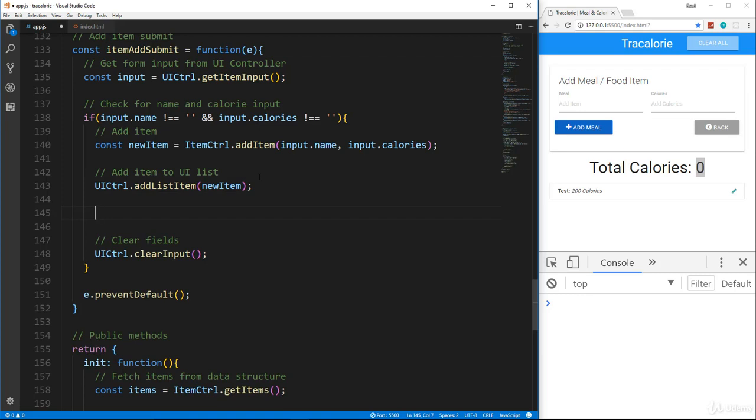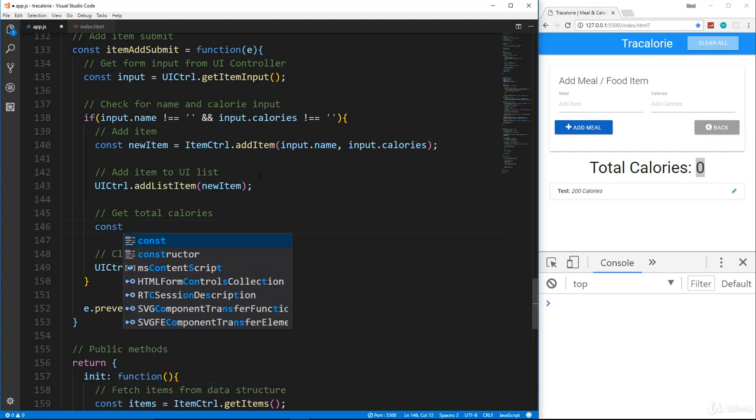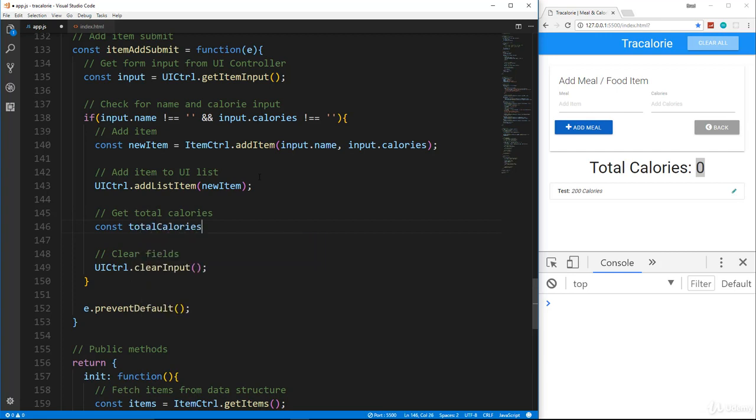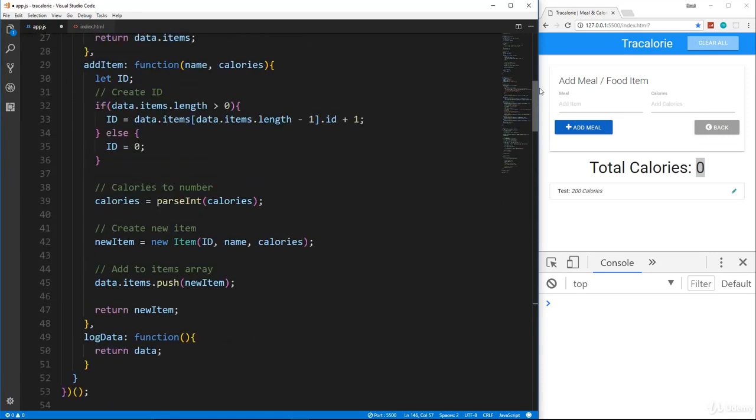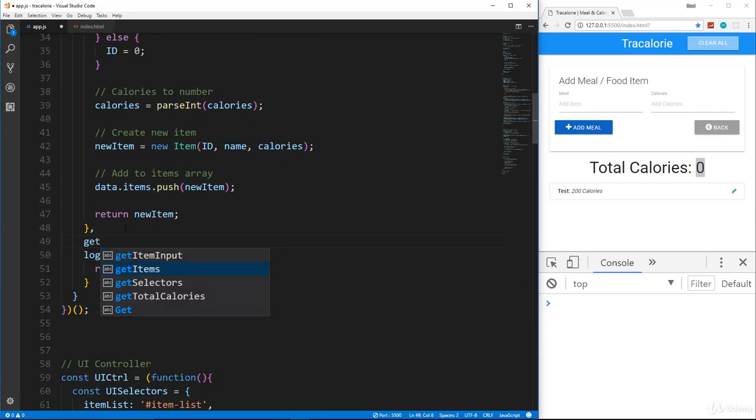Alright, so we'll go right here, and we're first going to have to get the total calories. Okay, and we're going to do that through the item controller. So let's say const total calories, and we're going to set that equal to the item controller dot get total calories, which we haven't created yet. So let's go up to the item controller, and we'll go right here, we'll say get total calories function,